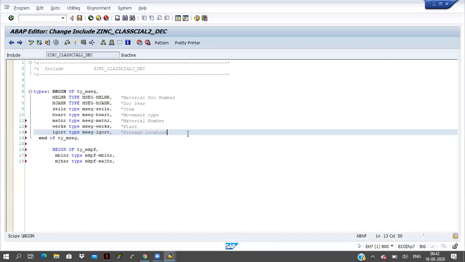The first room is called one storage location, the second room is called another location, like that. In one plant different locations will be there, just as in one godown different places will be there. In SAP terms we call it a plant, we should not call it a godown. In that plant some different places will be there, and these are the storage locations here.